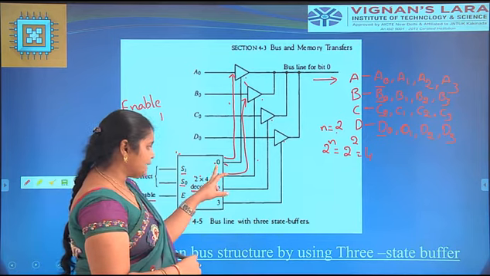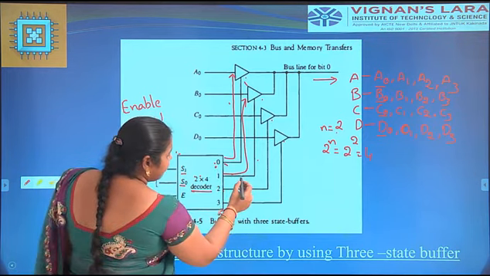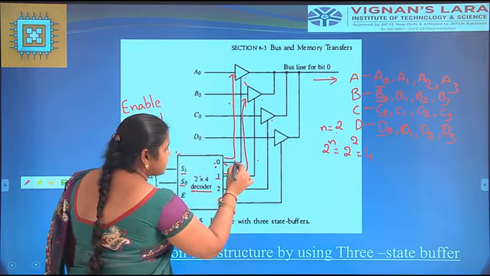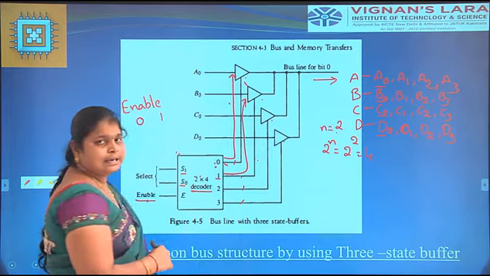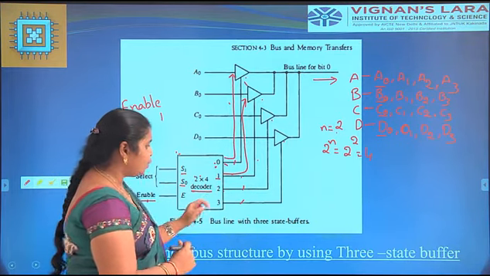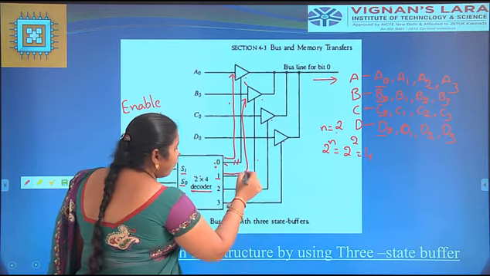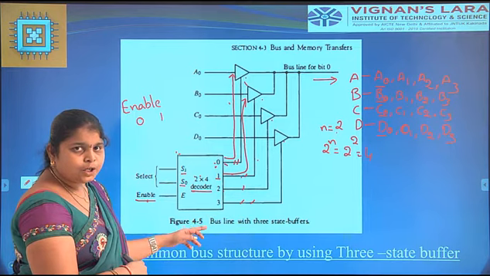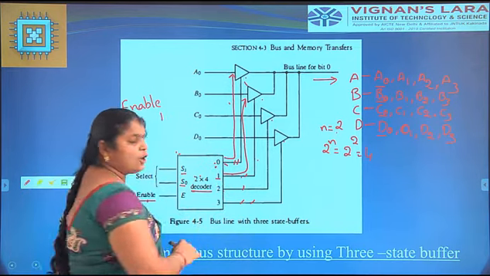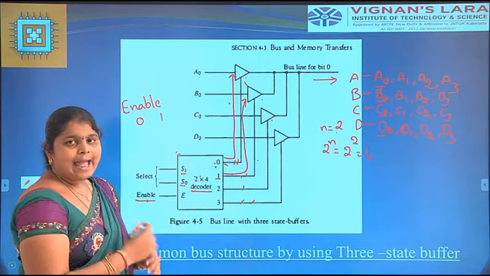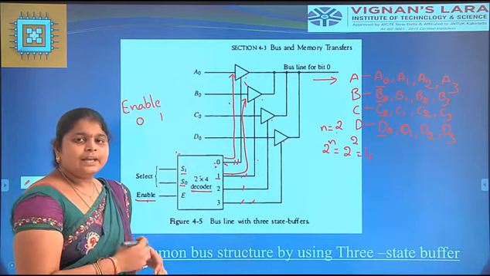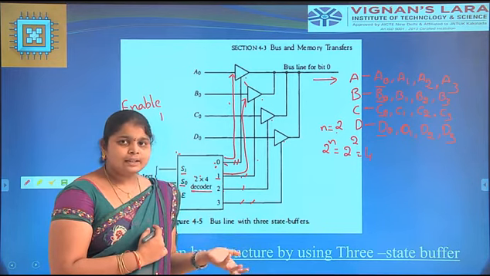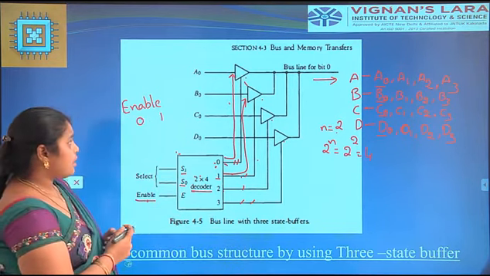Whenever we take 0 as the input, the remaining 1, 2, 3 are inactive. Next, we take the input as 1; then 0, 2, 3 are inactive. Next, we take the input as 2; then 0, 1, 3 are inactive. Next, from the decoder, 3 is the input; then 0, 1, 2 are in an inactive state, not in the enable state. Whenever the input is enabled, only then will the required resultant output be shown on the bus.